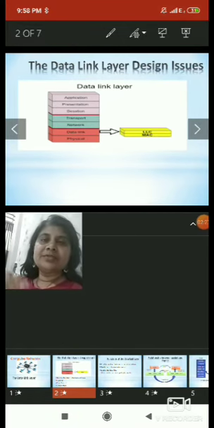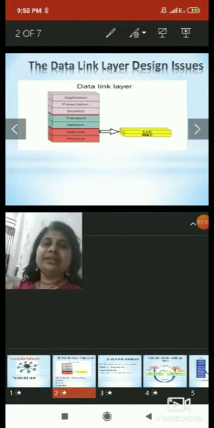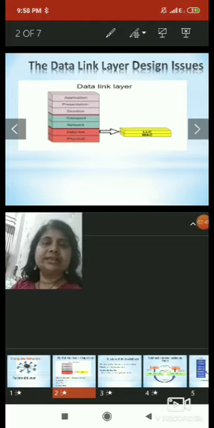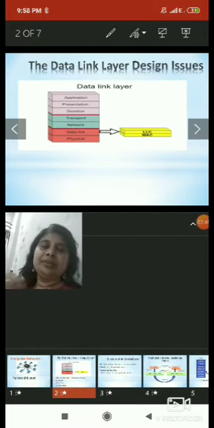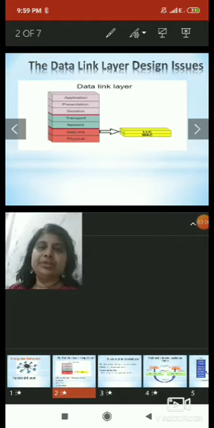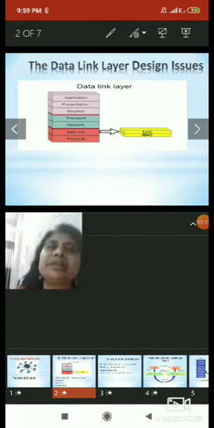Those packets are transferred through the transport layer, then go to the session layer, which establishes a session and inserts a checkpoint; we will discuss that later when we cover the session layer. Then the presentation layer identifies the syntax and semantics of the data. The last one is the application layer, which is the interface between the user and the machine, where a variety of protocols are used. In this way, these are the layers.